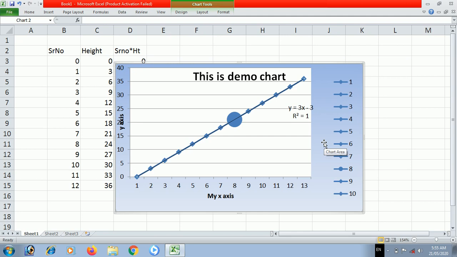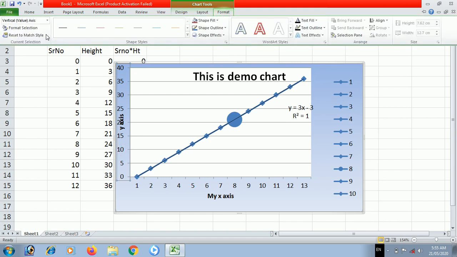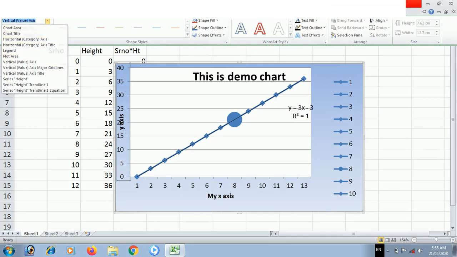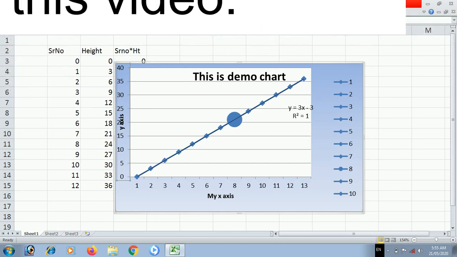You need to understand which chart is essential for you, which elements of this chart you want to highlight. You can change the axis. If you click that, axis can be changed. If you click this, axis can be changed. When you go to format, you will have format selection and all that, vertical axis and all that. Format you can select color and all that thing. You need to practice a lot to know about these things.